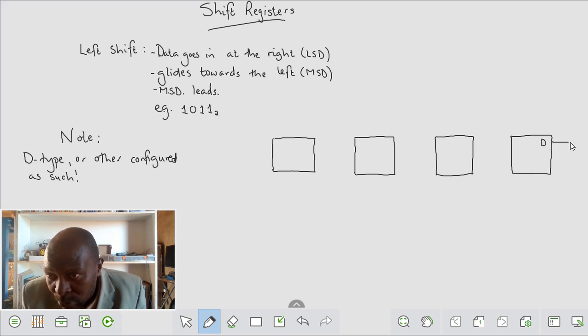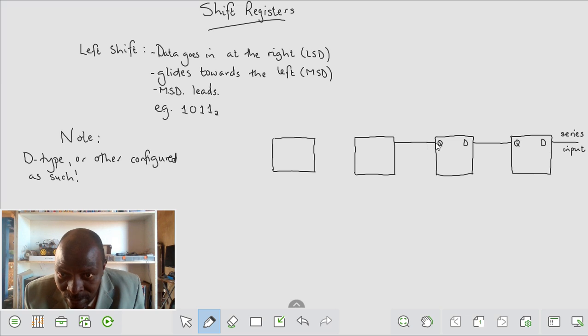So this is where our input will come in. This is what we'll call our series data, because the bits are going to follow each other one by one. Let's say series input. It comes out at Q, and it is going to enter the next D. So when data comes in here, it comes out there, it enters the next one, comes out, enters the next,